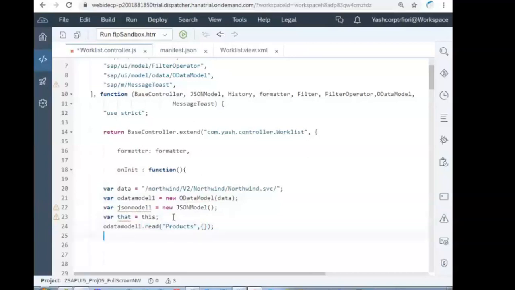That is the signature of the read. The commenting here is 2 forward slashes if it is a single line comment, and a block comment is forward slash star, star forward slash.